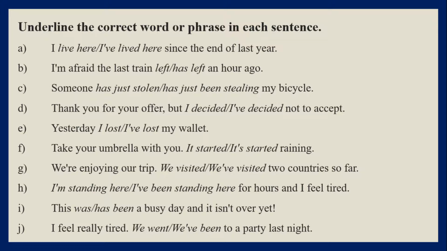Okay, let's begin. The first one is, "I've lived here since the end of last year." Because it's got "since," it is implying that your tense should be present perfect. B, "I'm afraid the last train left an hour ago." In here, we have "an hour ago," which is a specific past time, and it implies that we need to